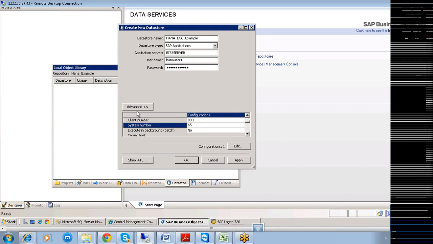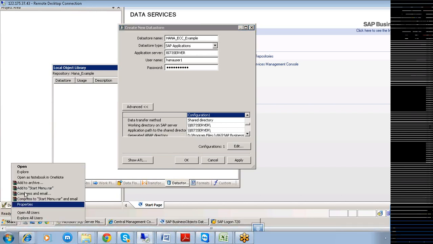Yeah, this is your system number here. Once this is specified, I want to specify the directory where the sharing directory should exist. There should be a common directory between the SAP ECC system and your BODS server also. There should be a common directory in order to exchange the data. It should be your shared directory, so I need to specify the shared directory here.